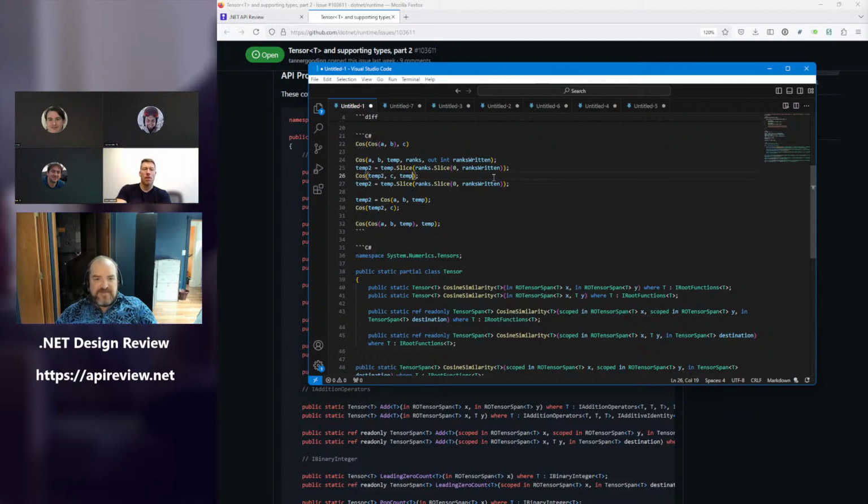Yep. Where you get to reuse the same slice state. So you don't make 100 ranks written. You would just presumably use the same one over and over again,